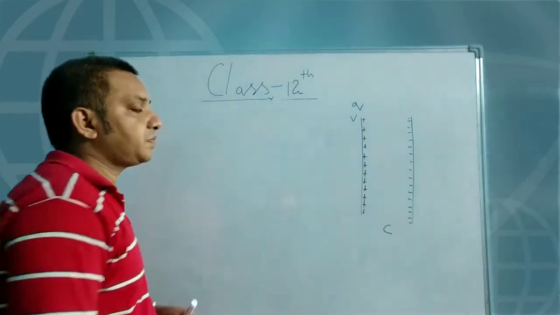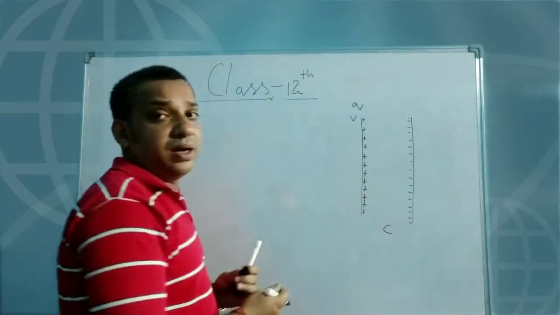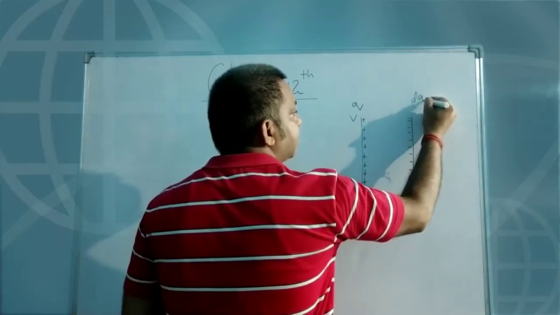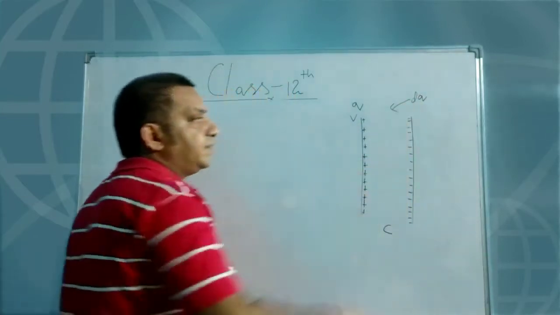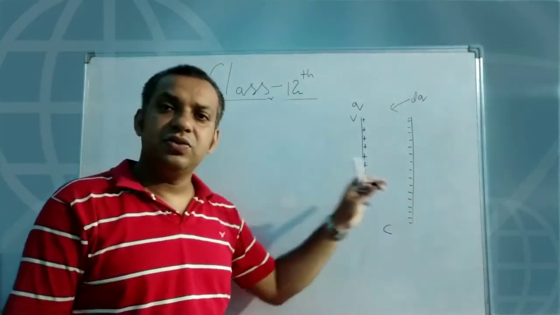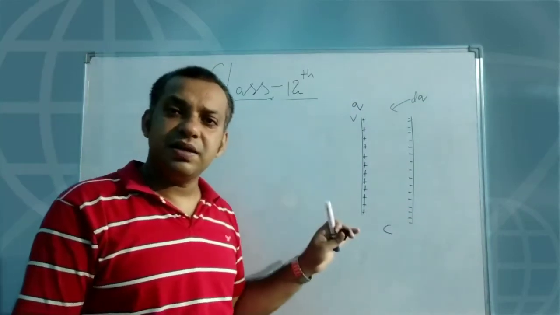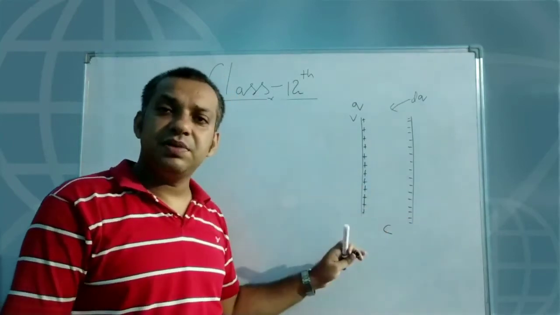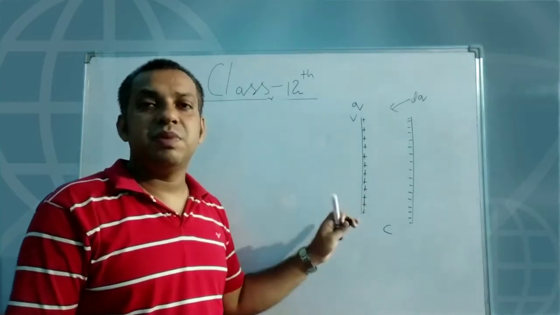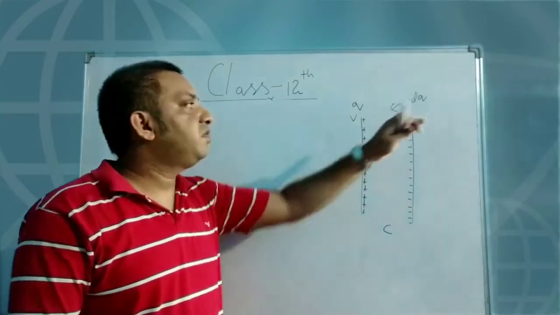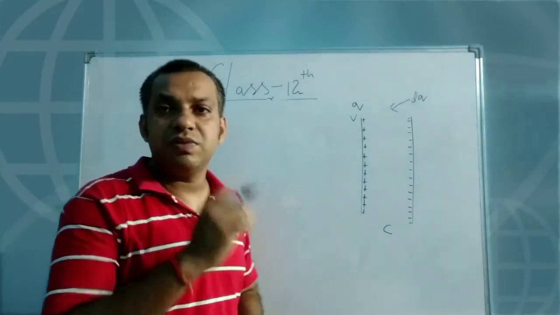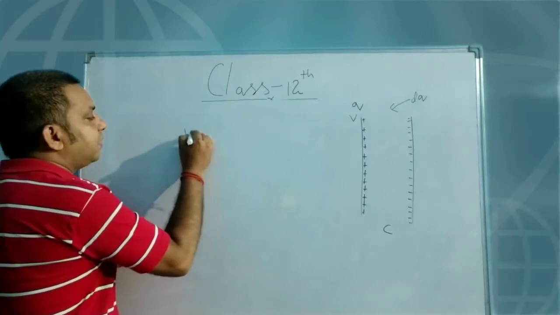So let us see. Suppose we are bringing a very infinitely small charge dq against this electric field. How is the electric field produced? Because the potential difference is already there. You know the relation E is equal to minus dV by dx. So if a potential difference has built up, the electric field is already here. If we bring this infinitely small charge dq, we have to do some work. So what is the value of the work done?